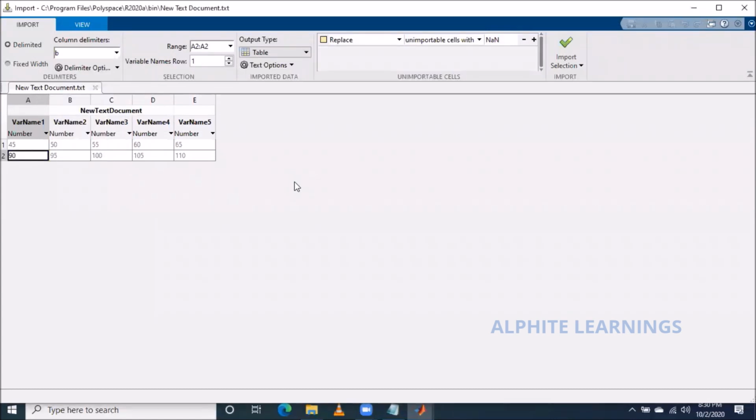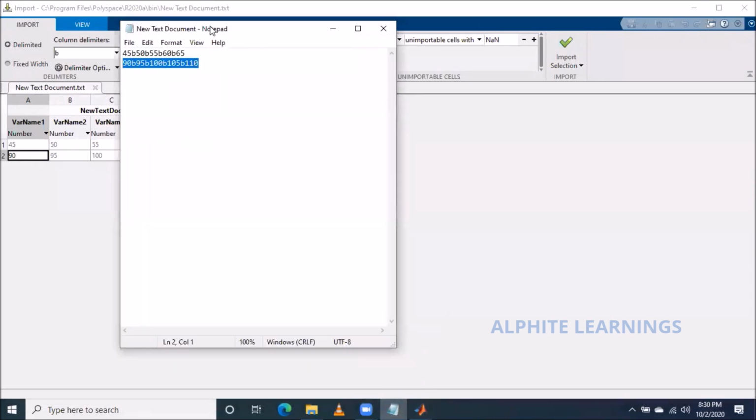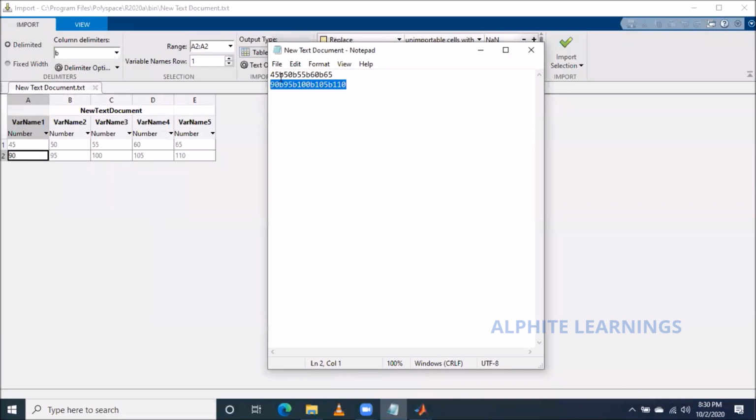Okay, I understood now. It says, okay, I understood now. I just divide everything by the b format. So 45, and then you use the b. Okay, next number, 50, next number. And then you use a b. Okay, next number, then 55, then b. Okay, next number. So it identified it, right? So you might have now got a clear picture of what the delimiter means, right? So we can use anything.